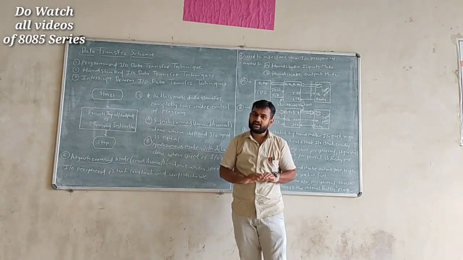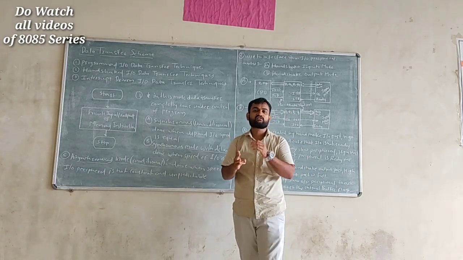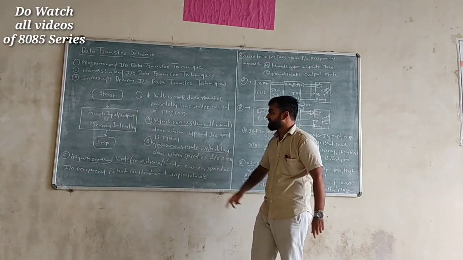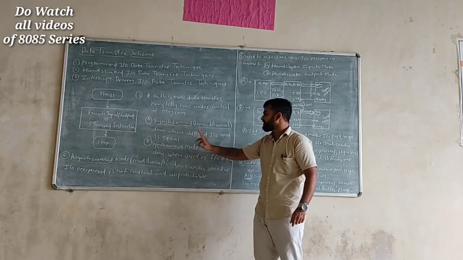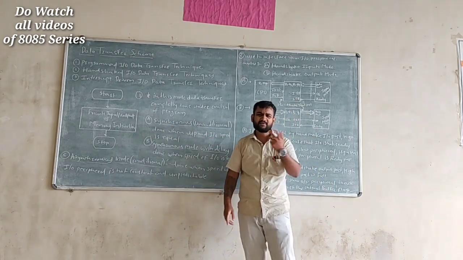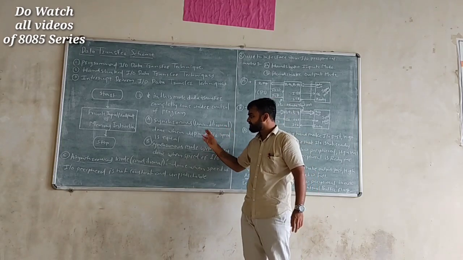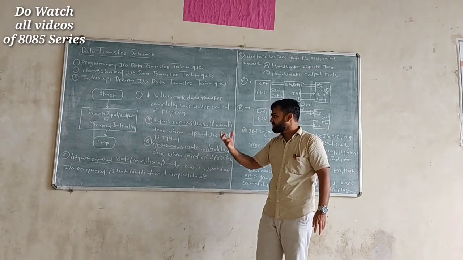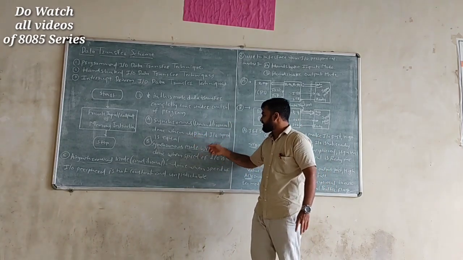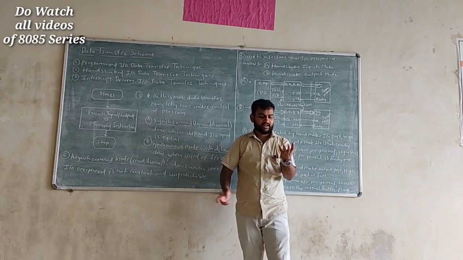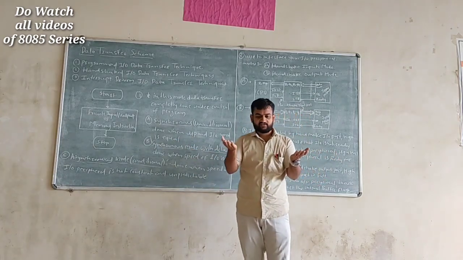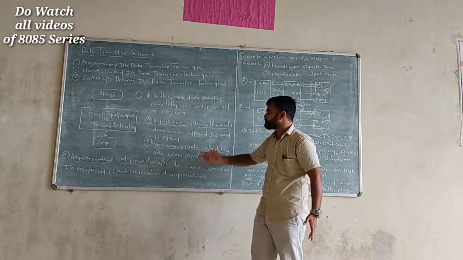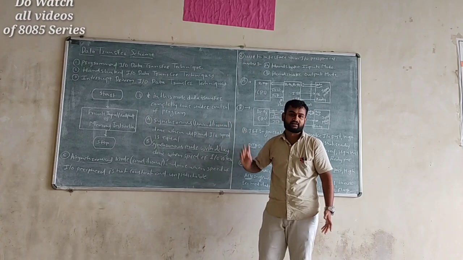It is further divided into three categories according to the speed and requirement of the data transfer. The first type is synchronous, and it is unconditional. What is the meaning of unconditional? This type of synchronous, unconditional data transfer is done when the microprocessor and I/O speeds are equal. Whenever a peripheral and the microprocessor have equal speed, we do a synchronous unconditional data transfer.